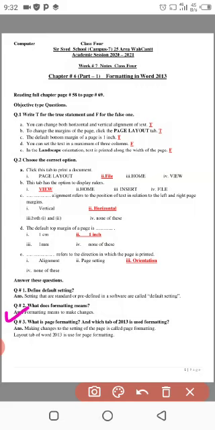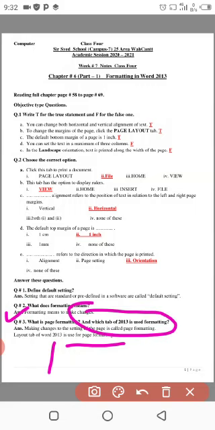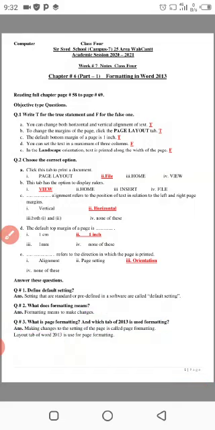Layout tab of Word 2013 is used for page formatting. In page formatting, we can have the margin option, the size of the text, color of the text, its placement, etc. These are some examples of formatting. So, in the layout tab of Word 2013, we can have the page formatting and can have these options as well.